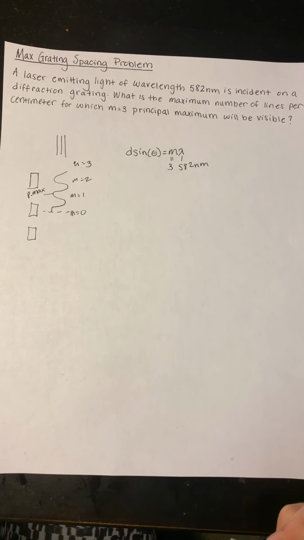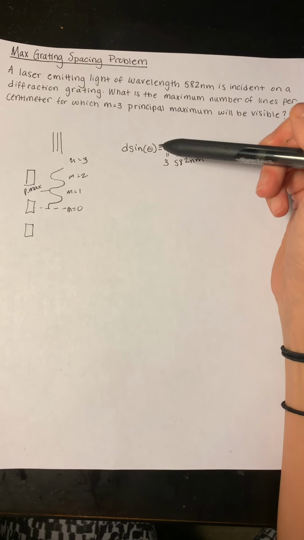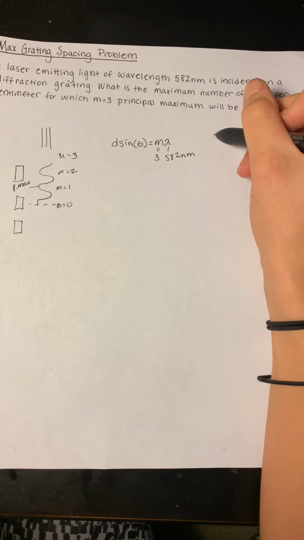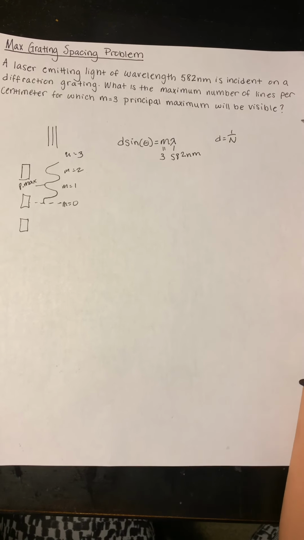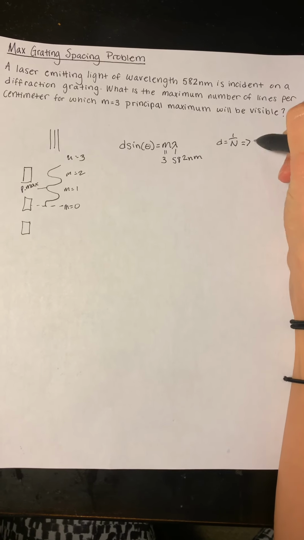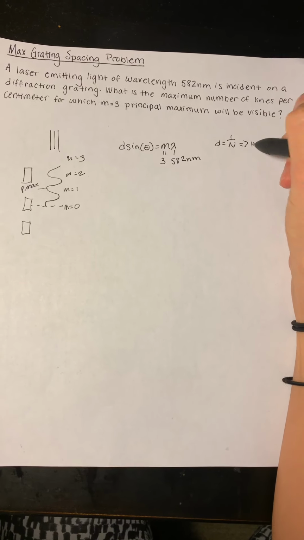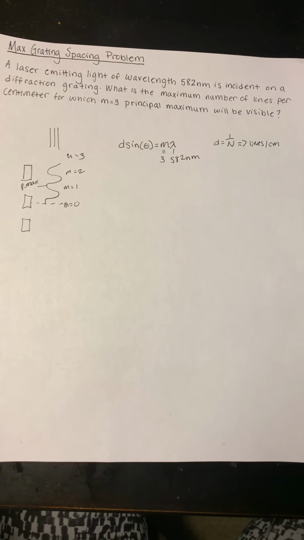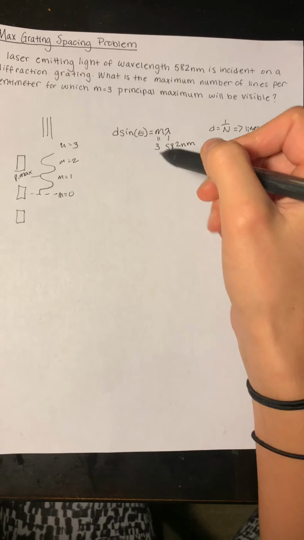But we're trying to find d, in order to put it in our formula, d equals 1 over n, where n represents our lines per centimeter. Since we're trying to find d,